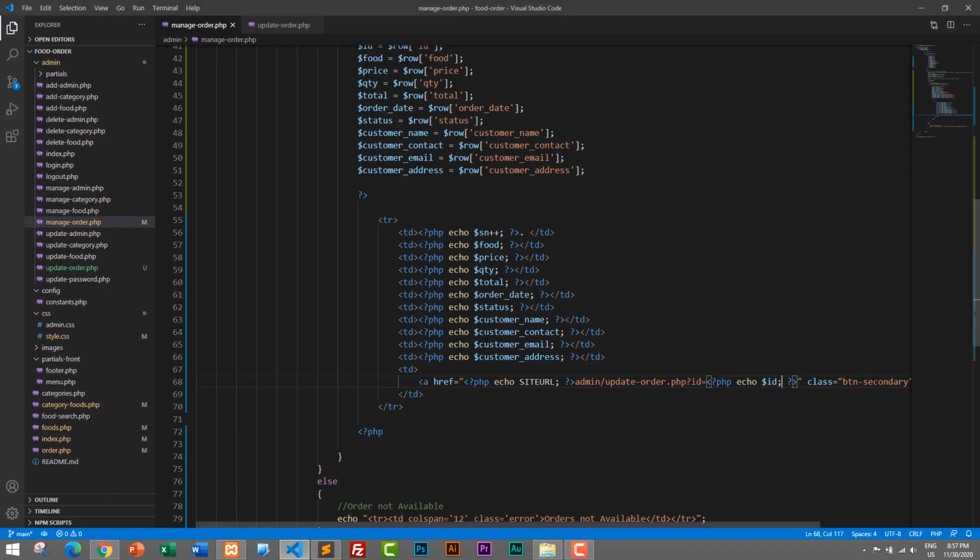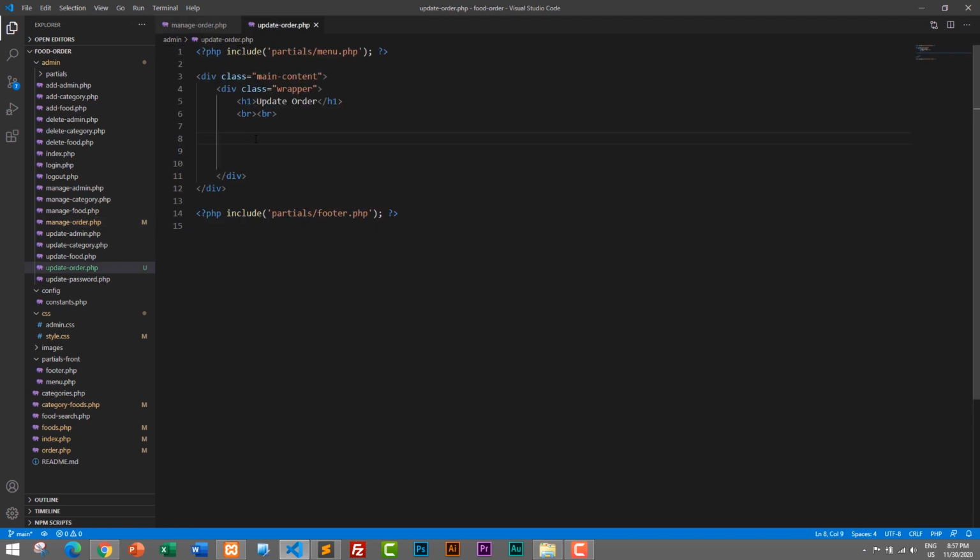Okay, so let's go back to code view, and in update order here we will first design the form. So here I will create form, and action will be blank, and method will be post. And to make the design better we will create a table, and the class of the table will be tbl-30, if you remember, class equals tbl-30, and inside this table we will have